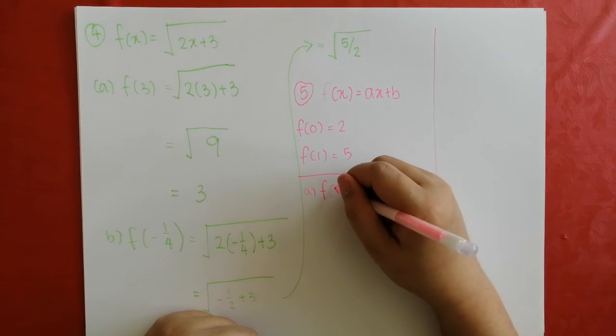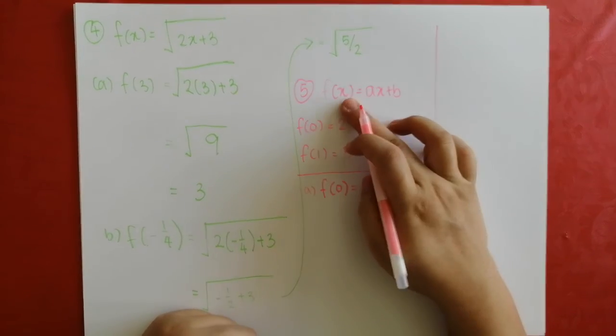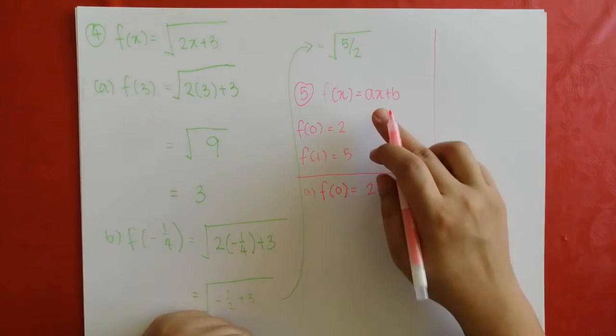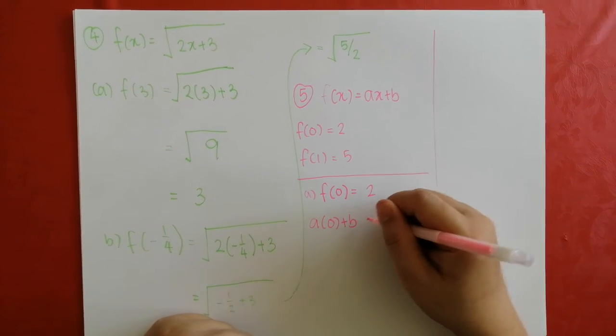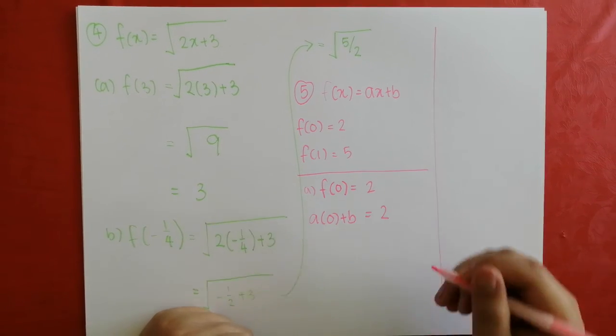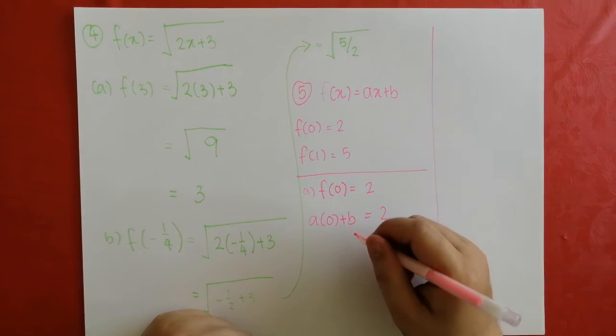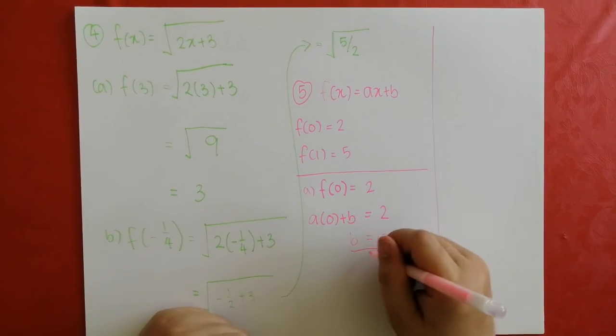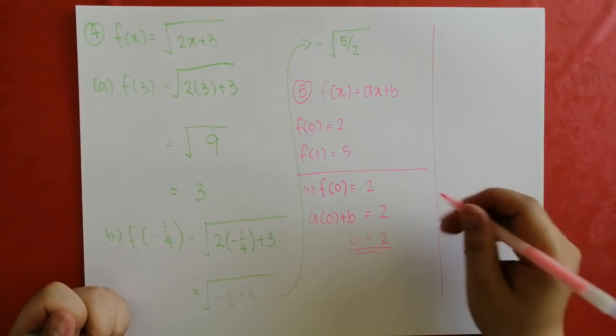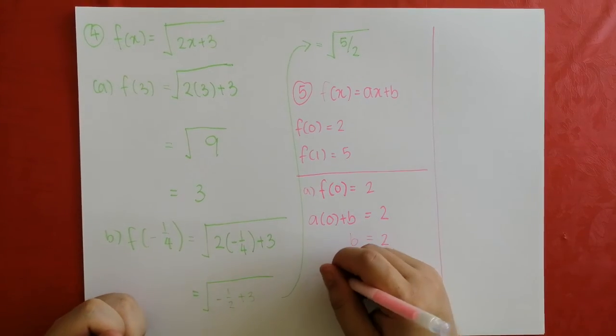f(0) equals 2. That means that your x becomes 0. So ax plus b becomes a times 0 plus b, which is equal to 2. A times 0 is 0. 0 plus b is left with b. So b is equal to 2. One answer found. Which means that we need to use the second condition, f(1)